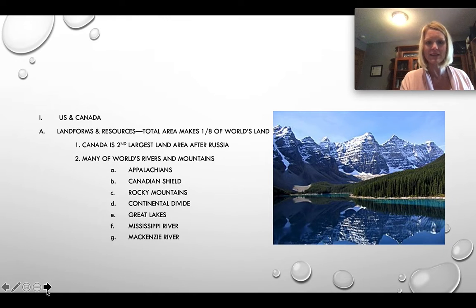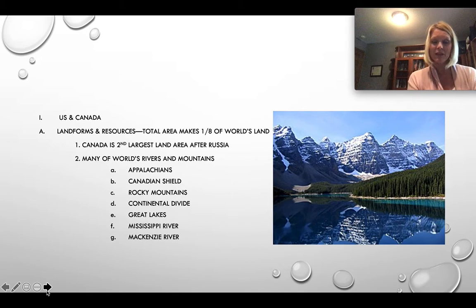When you come to class, we're going to be working on some of the landforms itself, and that's really where we're going to start. And the United States, and Canada as well, have really been blessed with an abundance of natural landforms. We are very, very lucky to have the resources that we do. In fact, it's what really has allowed the United States and Canada as well to become a superpower in the world, because of all of our natural resources.